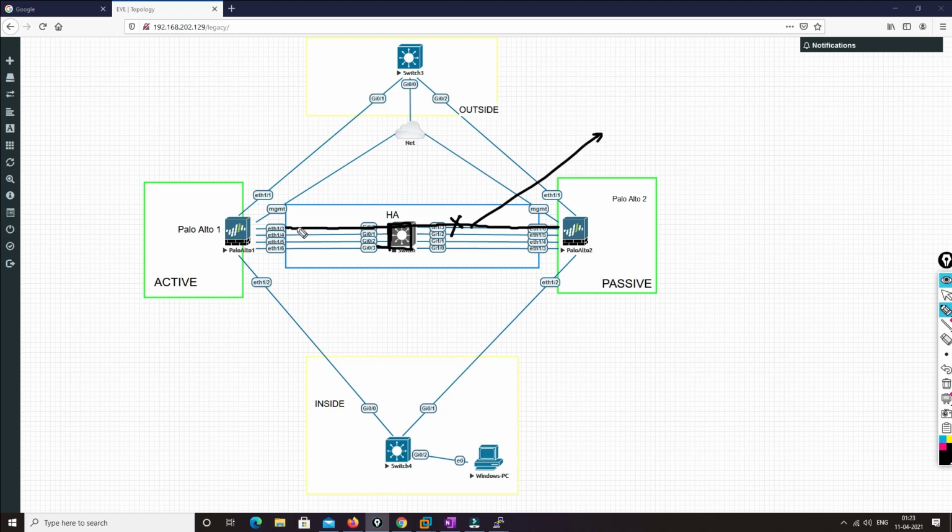But the recommended way is to connect directly, because if you have a device in between, let's say a switch, maybe somebody powered it off, or if it is a data center, maybe it crashed or something. The failure chances are higher if you have devices in between. So it's better to connect the HA link directly.